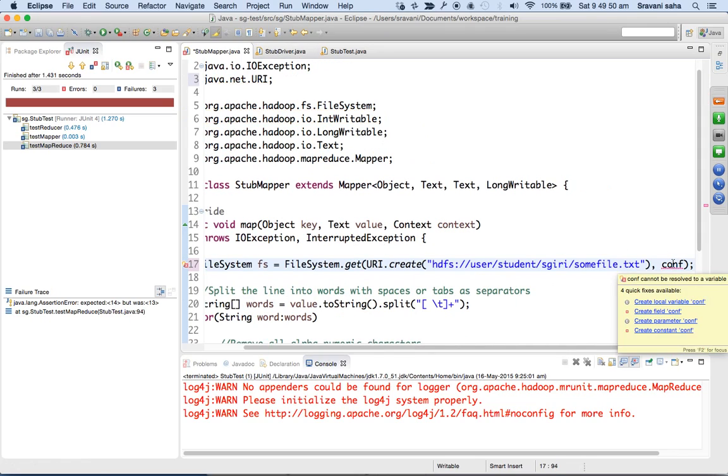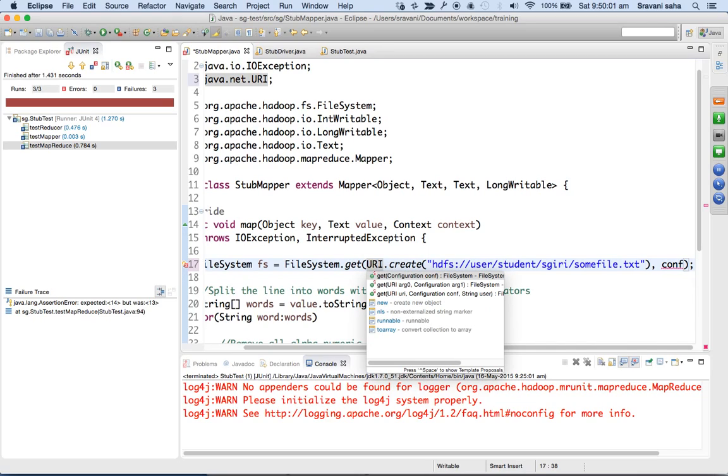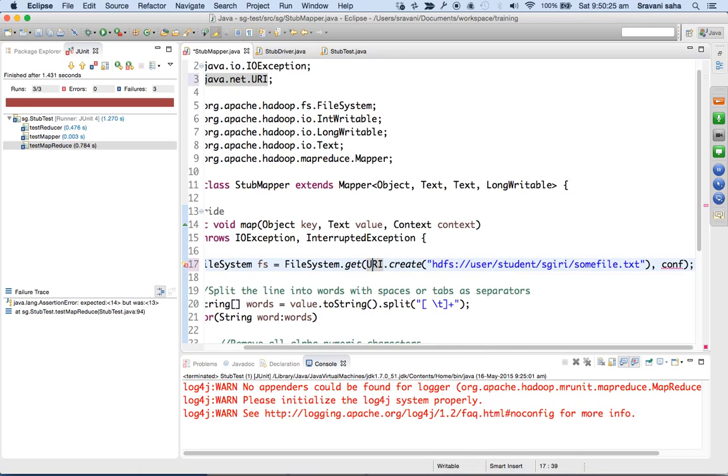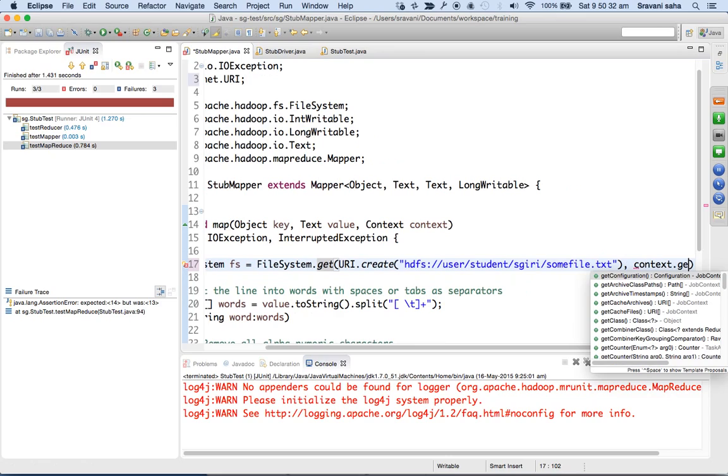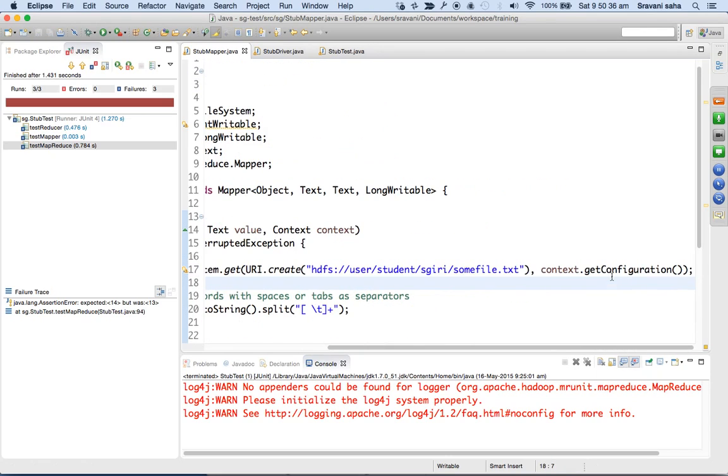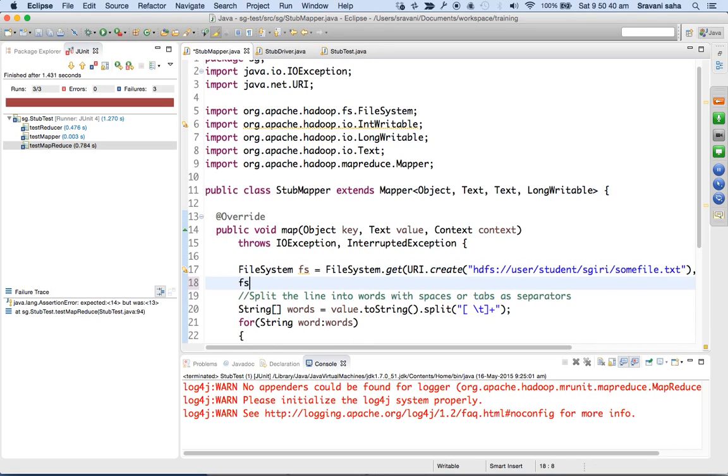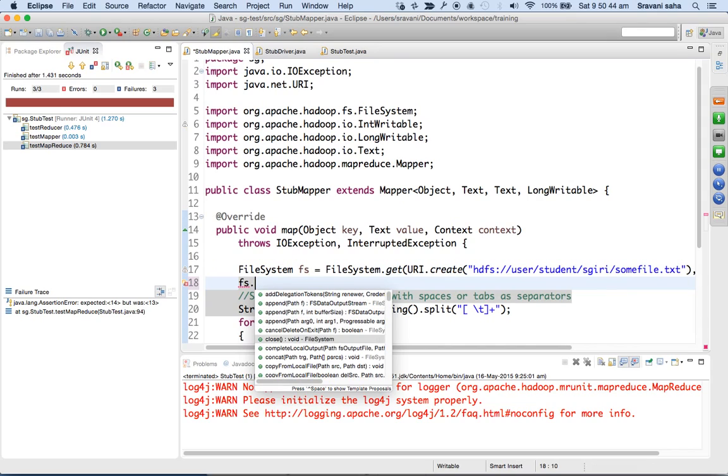So here we can say context dot get configuration, and then we can start loading the file. We can say copy from local and whatnot,